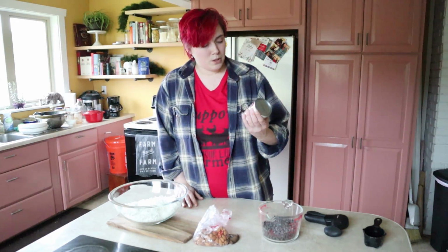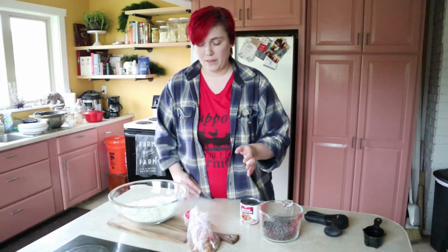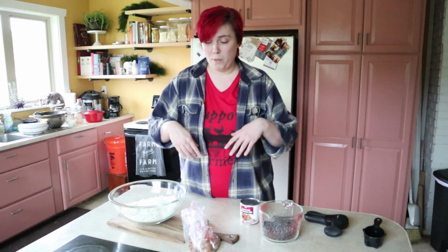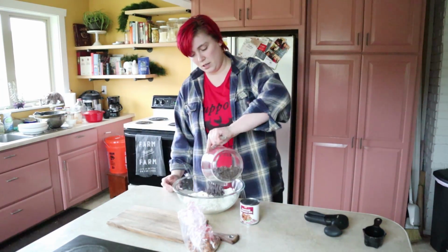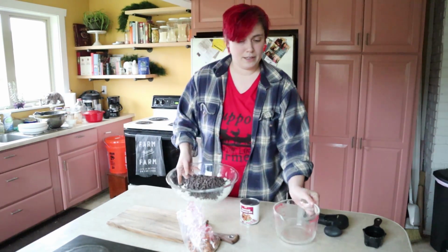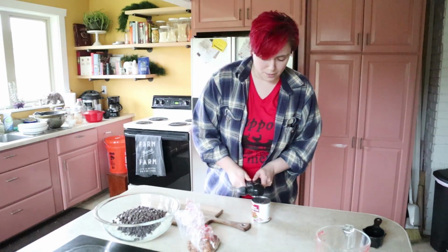And then we're going to be using a 14-ounce can of sweetened condensed milk and about 2/3 cup of roughly chopped almonds. And they all just get combined in a bowl together. That's why it's so easy. Just throw them all in and mix them up. So I've already got my coconut. To that, my chocolate chips. I'll put this here. I've got to open up my can of...